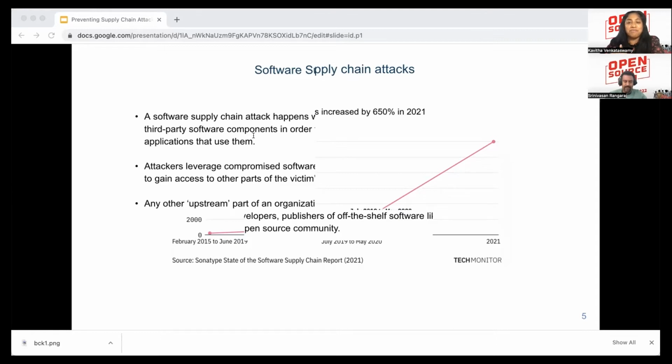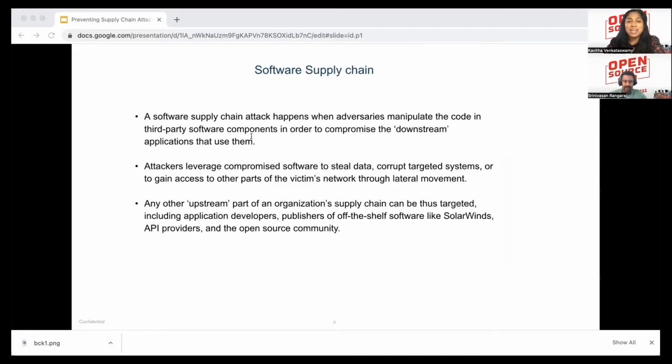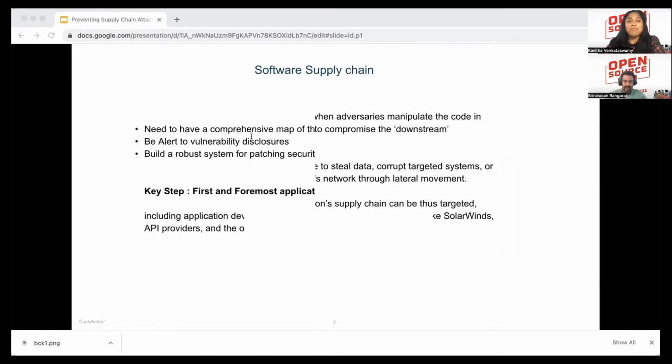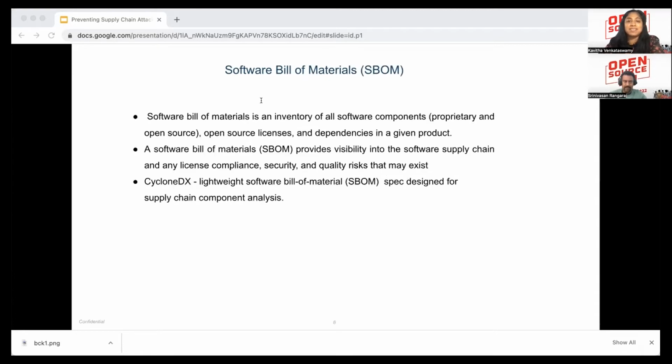So it's everything in the software, the code, binaries, the components, where they came from, like the repository manager or a package manager. So your software supply chain risks are inherited from the dependencies. So why does it matter for security? It's common that your projects use hundreds of open source dependencies. So if one dependency has a vulnerability, then chances are you have a vulnerability as well. So the first and foremost thing is you have to map your application dependencies. You need to be aware of your application dependencies.